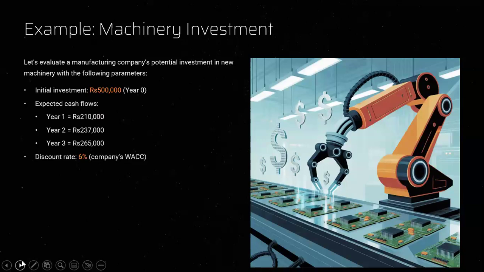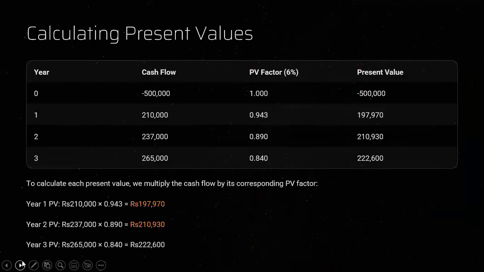Let's value the manufacturing company's investment. Initial investment is 5 lakhs and expected returns for years 1, 2, 3 are 2 lakh 10,000, 2 lakh 37,000, 2 lakh 65,000. Discount rate is 6%. When the discount rate is 6%, it means the company is able to generate income at the time value of 6%. So we have cash flow